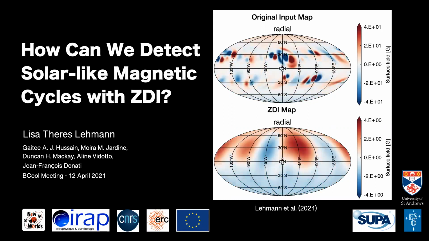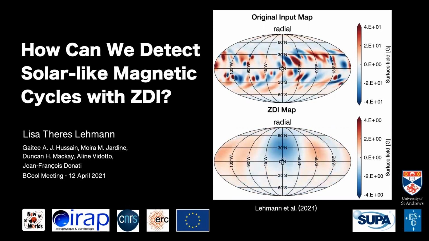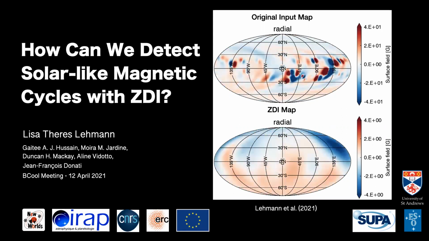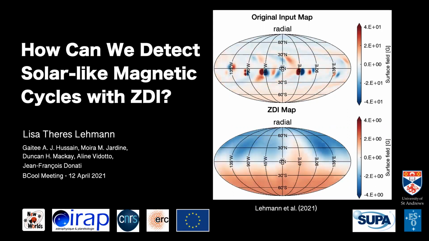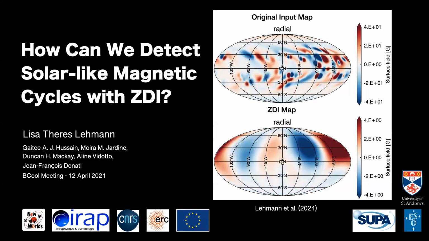So hi, I'm Lisa Lehmann. I'm a postdoc at the IRAP in Toulouse, working in the group of Jean-François Donati right now, where I analyze SPIRou data of T Tauri stars, meaning I determine their ZDI maps and analyze their activity using the SPIRou observed spectropolarimetric spectra. But today I want to show you the final results of a project I started during my PhD